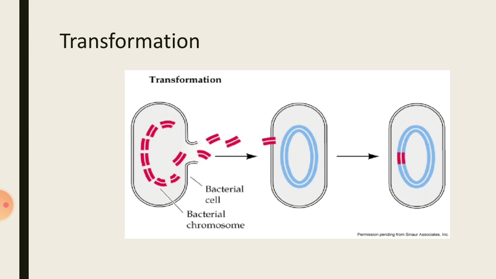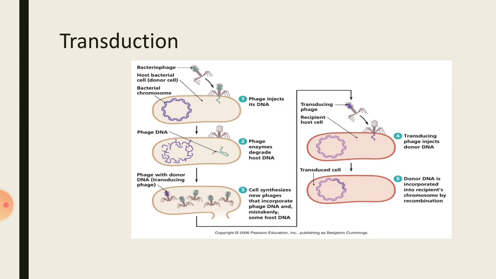And the third type of gene transfer mechanism in bacteria is the transduction type. Here, the gene of one bacterium is transferred to another bacterium by viruses. We all know that viruses are smaller particles than bacteria. The viruses which attack bacteria are generally called bacteriophages. So here, the virus which attacks one bacterium takes a gene from the host bacterium and transfers it to another bacterium by their movements or actions. This type of gene transfer mechanism in bacteria is called transduction.